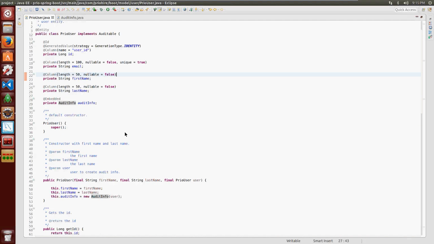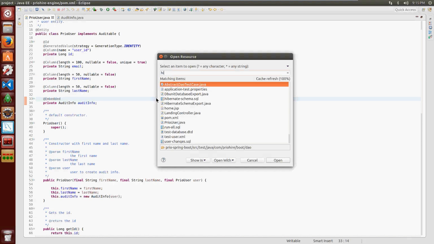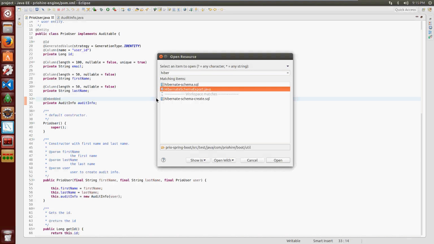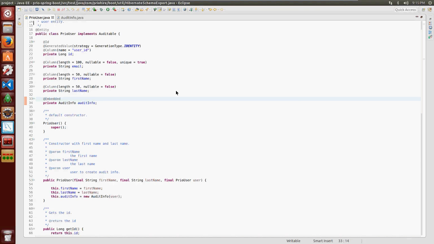Okay, so that's what I did that way. And now, this class will have 7 different columns. So if we go and generate the Hibernate schema export,